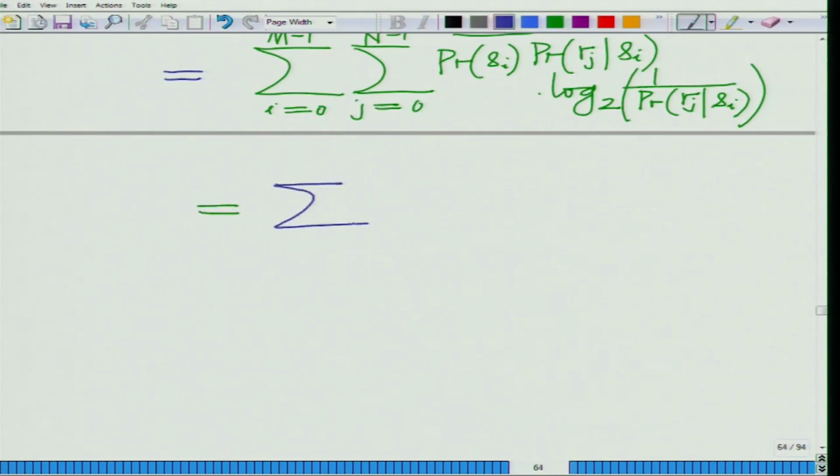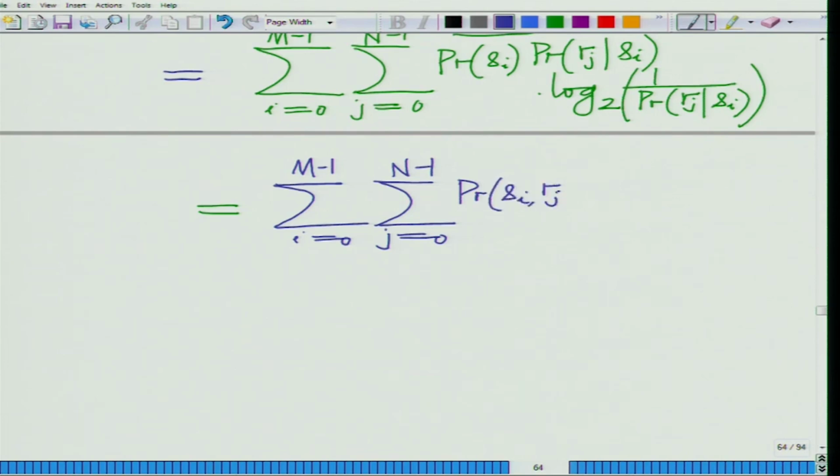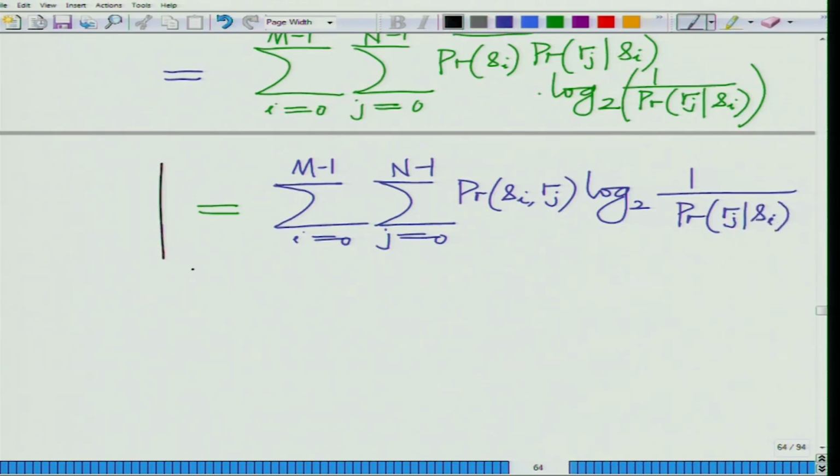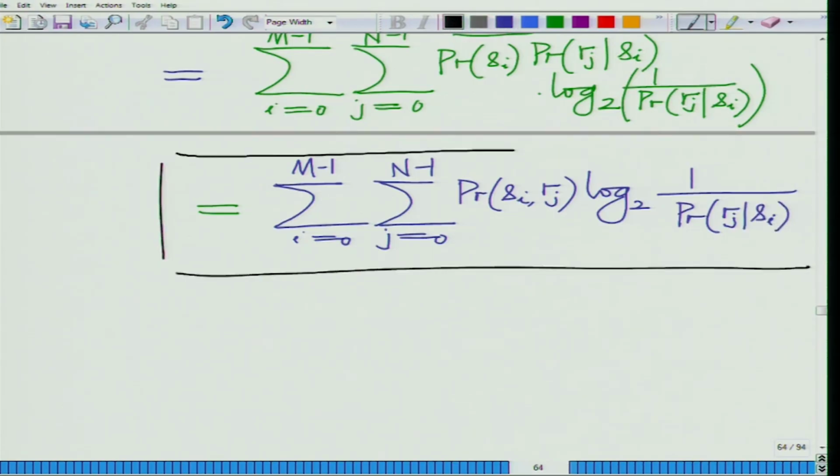So, this is equal to sum i equal to 0 to m minus 1, sum j equal to 0 to n minus 1, probability Si comma Rj log to the base 2 1 over probability Rj given Si. This is the quantity conditional entropy